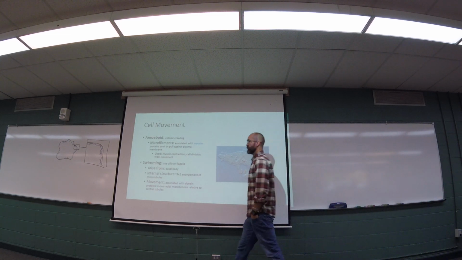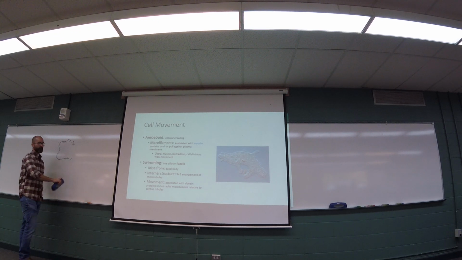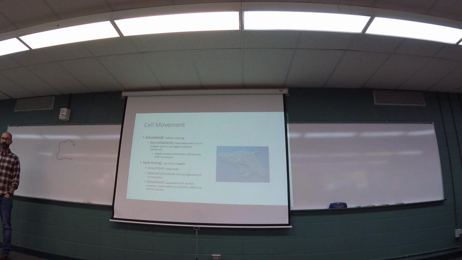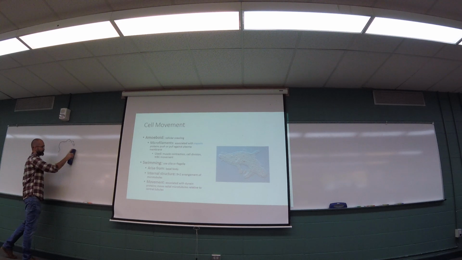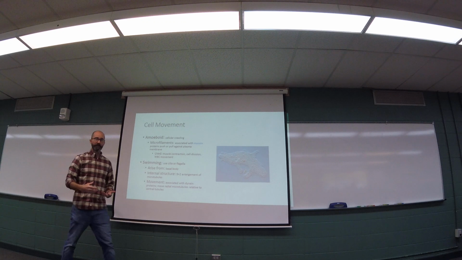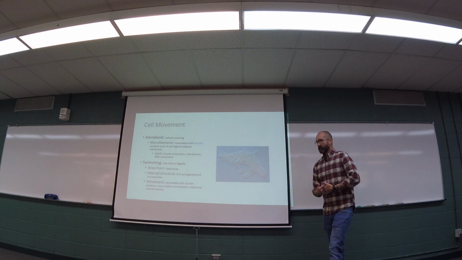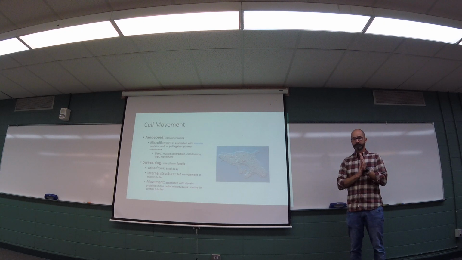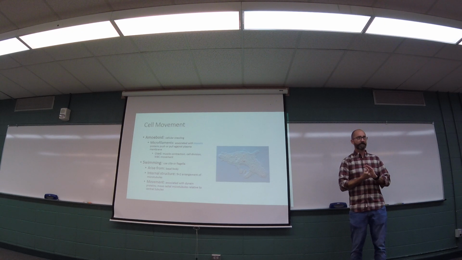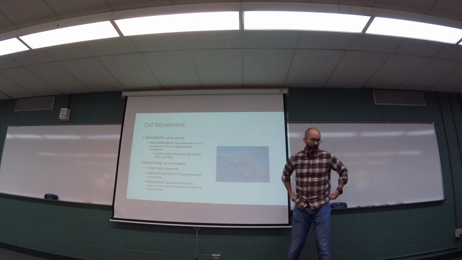So that's not the only way that cells are able to move in space. We also have cellular swimming, and that's accomplished either by flagella or cilia. As I mentioned, flagella and cilia arise from what's called the basal body, which is a modification of our centriole. If you take a cross-section of the basal body that comes off of the centriole, it actually has what's called a 9+2 arrangement,